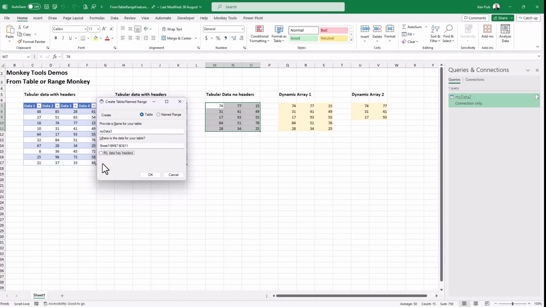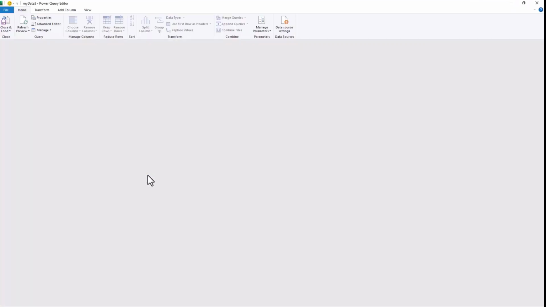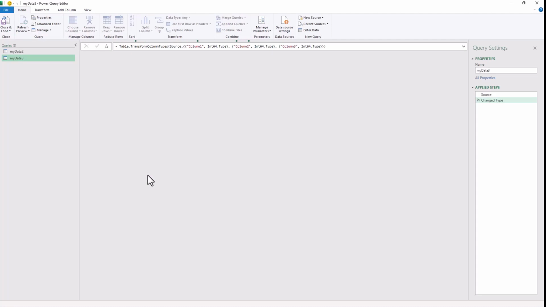Now here's the deal. There's also one checkbox that's no longer on the screen: Only Create Connection Query. The reason being, you've told me you want to pull this data into Power Query. I don't want to make it only connection. I want to make sure that you have that choice later. So we're going to say okay, and we're going to let it pull it into Power Query so you can build the rest of the query and load it where you'd like.